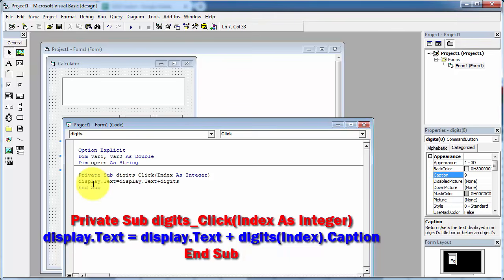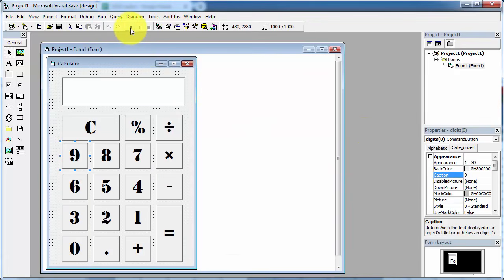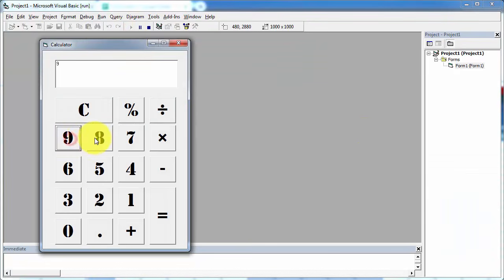This is the name of the control array, digits, index dot caption. Now close this window and run your application. Here you can see 9, 8, 7, 6, 5, 4, 3, 2, 1 and 0. All these values are now displaying in the text box control.